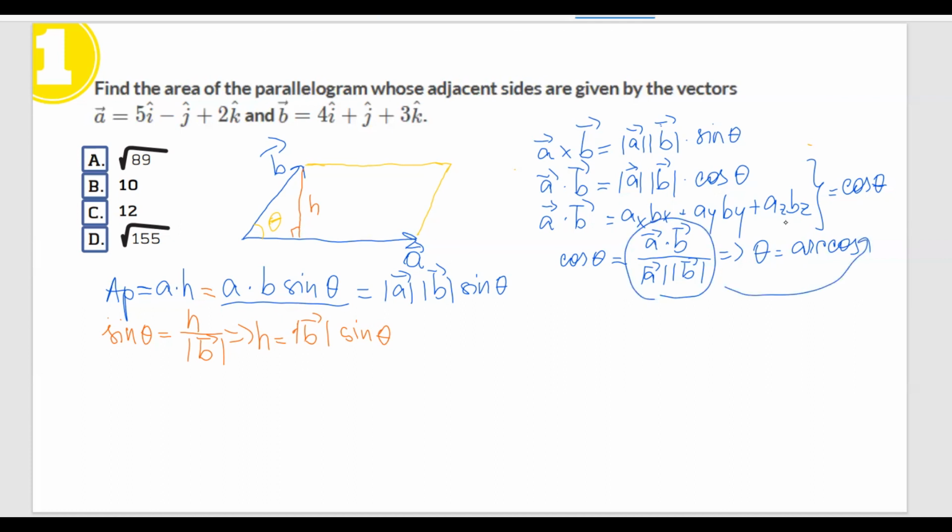And then you go back to this primary formula and substitute the angle that you have calculated and find out A cross B, which is the area of the parallelogram. I'm actually going to encourage you to do this by yourself, after I show you the other way we can calculate this, which is easier. The other way we can calculate this is just by using A cross B,